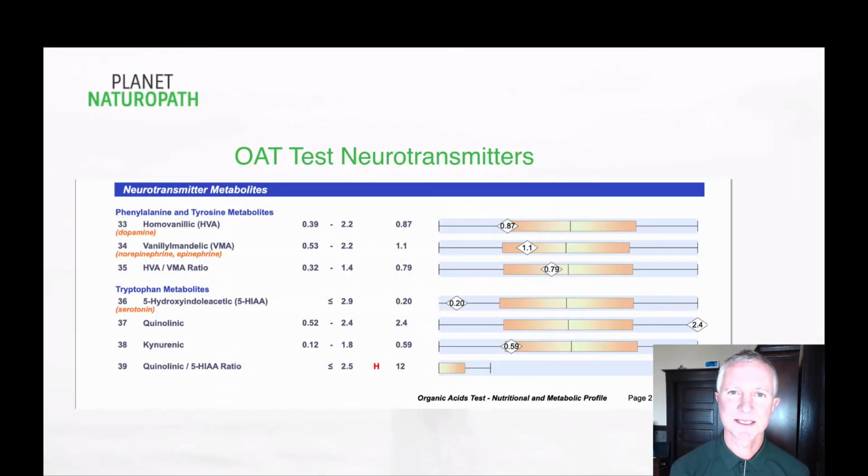On the organic acids test, or commonly known as the OAT test, we measure the neurotransmitter levels. These are the metabolites of the neurotransmitters. So it looks at dopamine, serotonin, noradrenaline, adrenaline, as well as the quinolinic acid and kynurenic acid. This is the neuroinflammation pathway. So if these are out of balance, you're often going to have conditions like hyperactivity, anxiety, feeling on edge, or